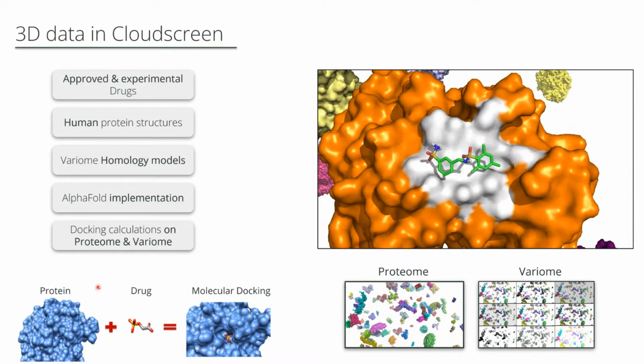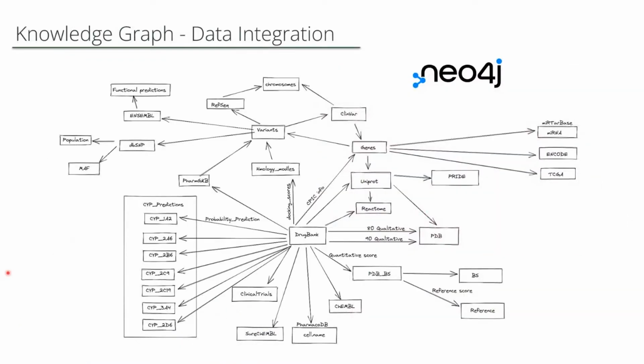Molecular docking is a molecular modeling method which predicts the preferred orientation of one molecule, one drug for example, to a protein's binding cavity. The 1D and 3D data have been integrated in a graph database employing Neo4j. The core of CloudScreen is the 1D data which form a knowledge graph. The core knowledge graph is further extended by the addition of the structural 3D data extracted from virtual screening. The knowledge graph has been designed